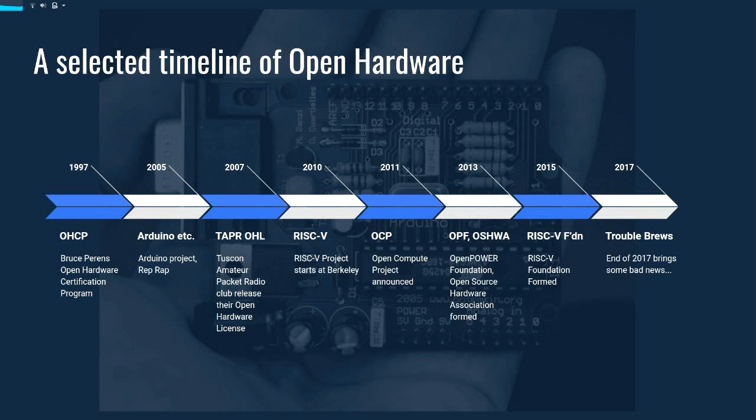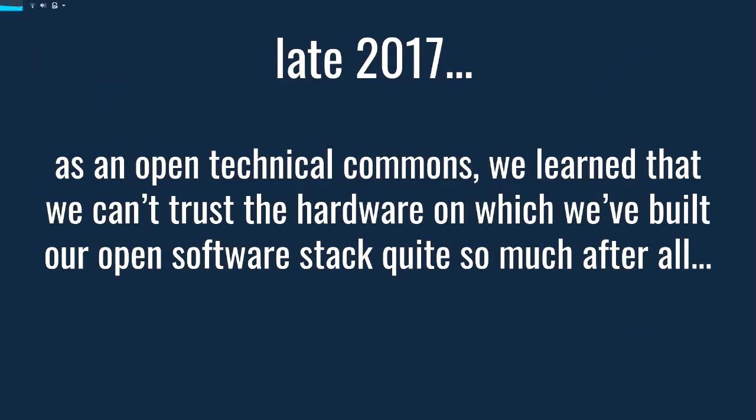RISC-V Foundation, sorry, the OpenPOWER Foundation, good to get that one right. The OpenPOWER Foundation kicked off in 2013 along with the Open Source Hardware Association. The RISC-V Foundation came along in 2015. But we got to 2017 and I guess we started having a little bit of bad news at that point,